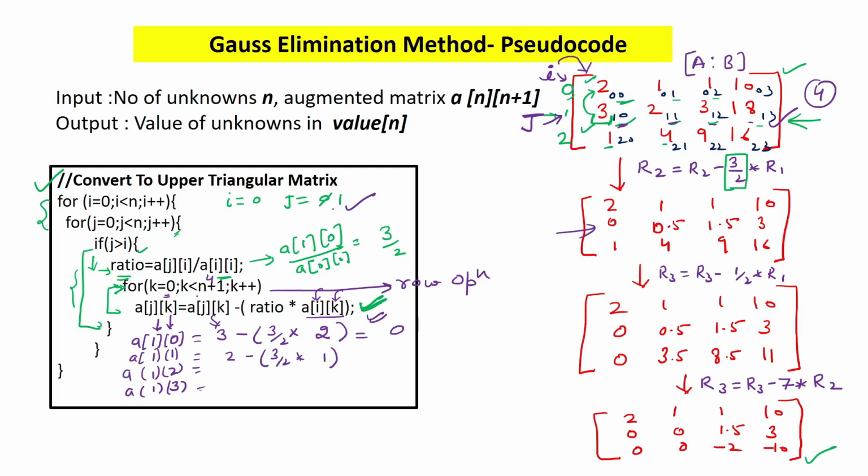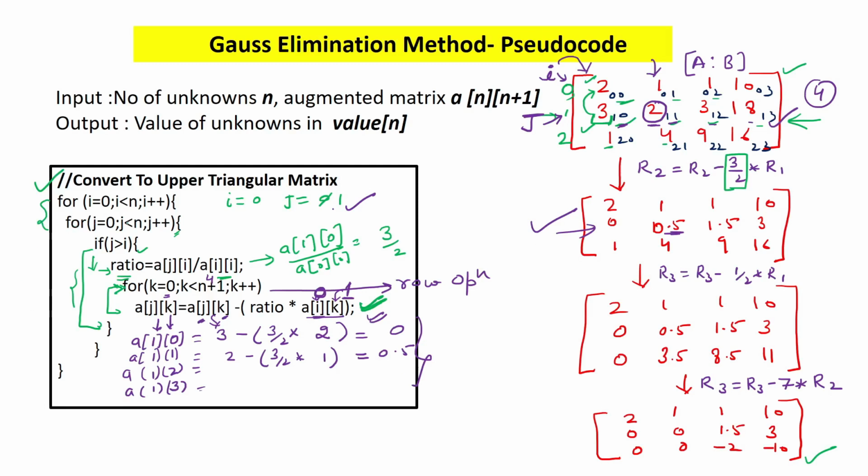The same way, when k will be equal to 1, we have to change this 2. So here we are getting j as 1, k as 1, a11. So a11 is actually this 2. So 2 minus 3 by 2, which is constant, into the ith row, that is 0. So a0 of 1. A0 of 1 is this element, that means 1. So here we are writing 1 and this will be 0.5, that means this answer. In the same way, we will apply this operation on all the 4 elements of the particular jth row. So after this operation, we will get this matrix.